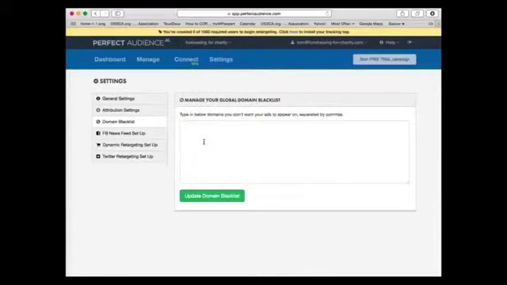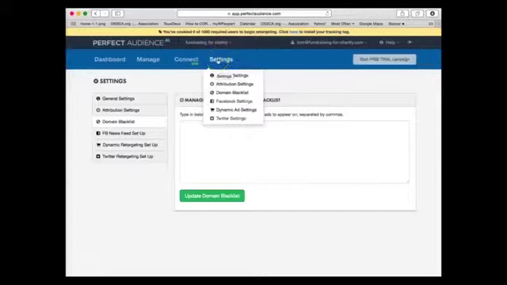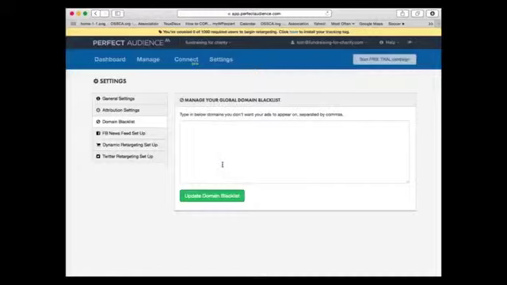What I do not see here is a whitelist category where I have the power to tell Perfect Audience what websites I want my ads to appear on. Also not found in Perfect Audience is a tab where I have the power to control where my ad gets displayed. Most people would like to have their ad displayed above the fold. That is higher quality real estate for your ads.